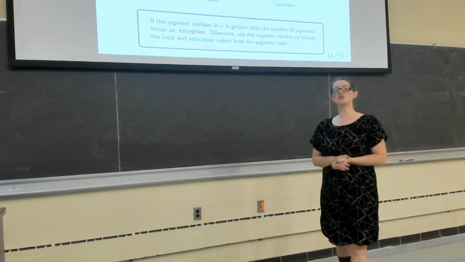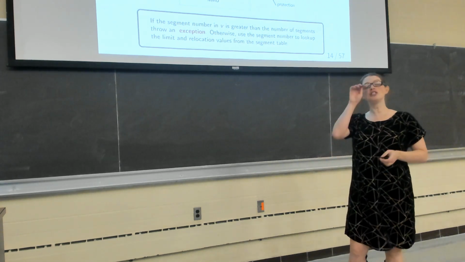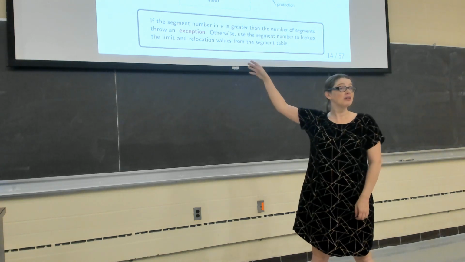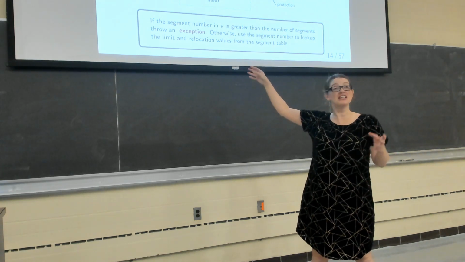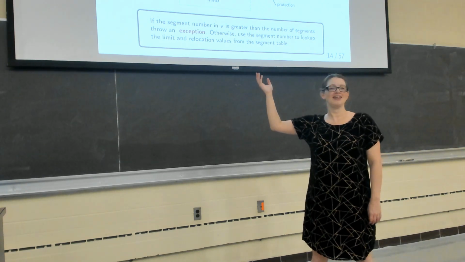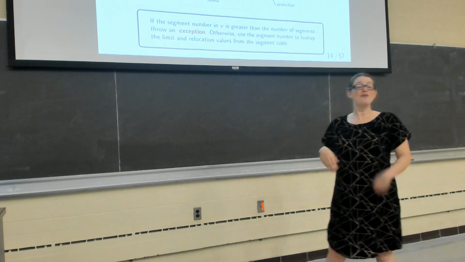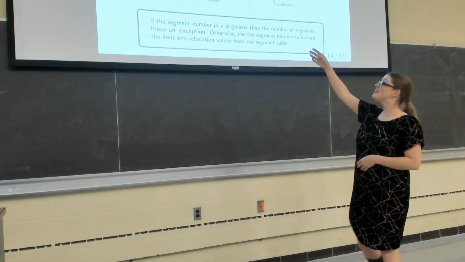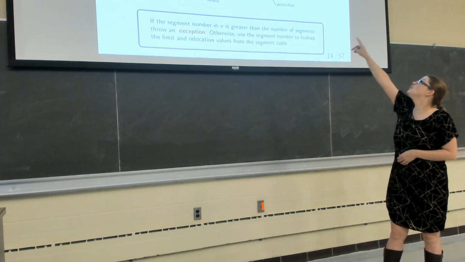And when the address is received by the MMU, we are going to extract the segment bits. We check to make sure it's a valid segment number. So it's totally possible your address space has 3 segments and you just got an address for segment 9. You've got to be able to fail, right? If it's a failure, then you're going to throw an exception. And if not, we'll use the index, let's say it's index 3, to index our